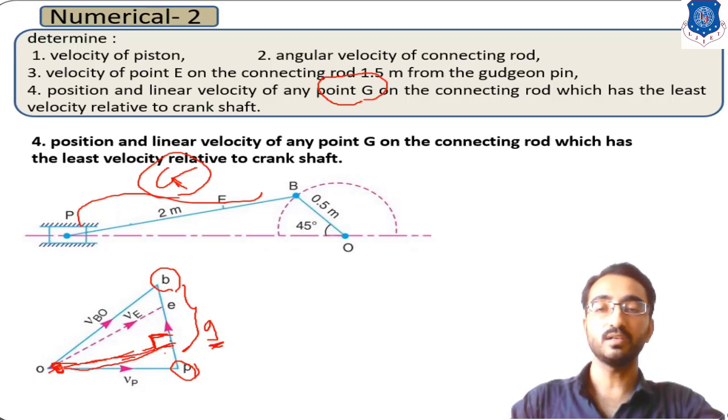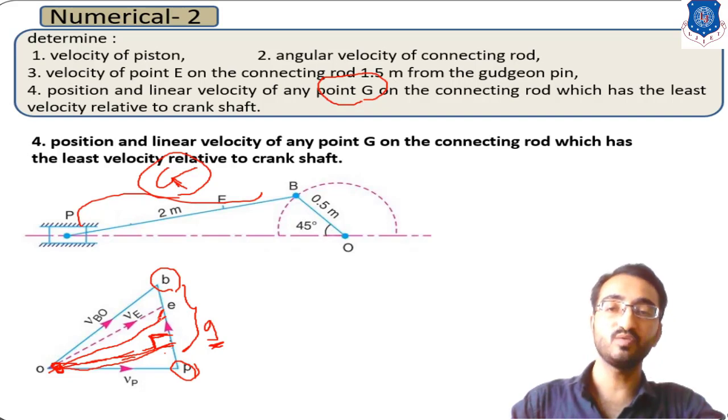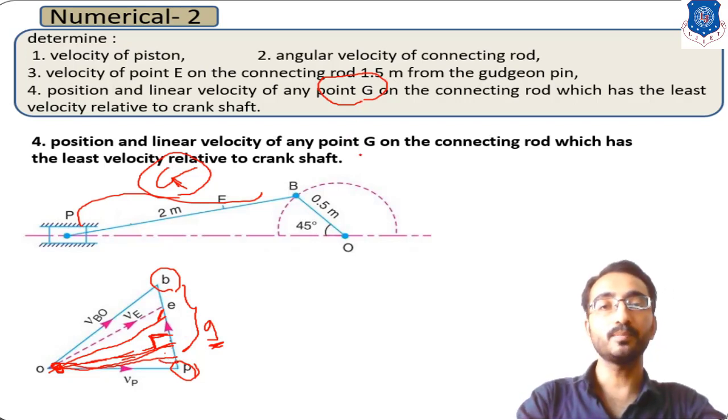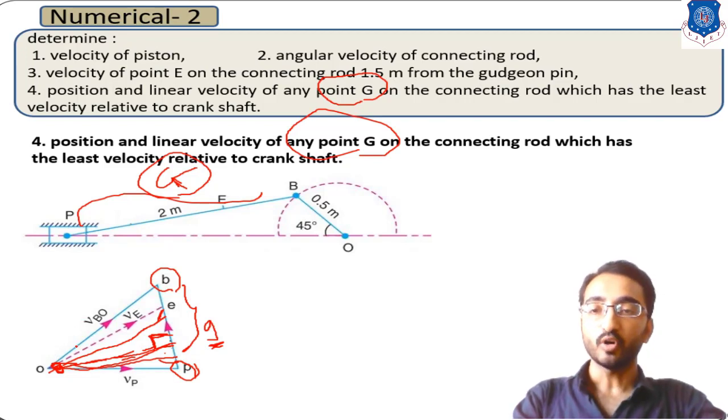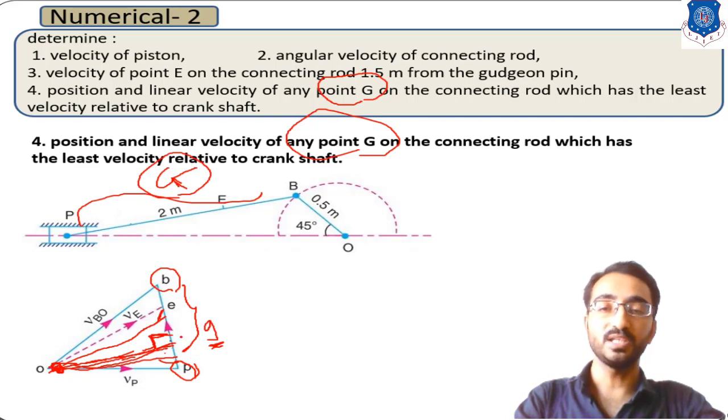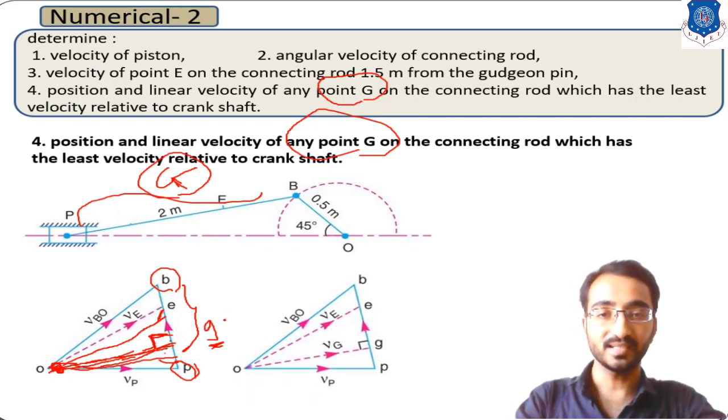If you sketch a line which is slightly at an angle, then the length will be higher. Okay, on the counter side, if you measure this length, then again it will be the higher one. So we can simply say that to get the minimum point G on this connecting rod, you have to sketch one perpendicular line from this point O, and this perpendicular line will be lying on this PB line. Okay, so from point O, if you sketch a perpendicular line, then it will give you point G.